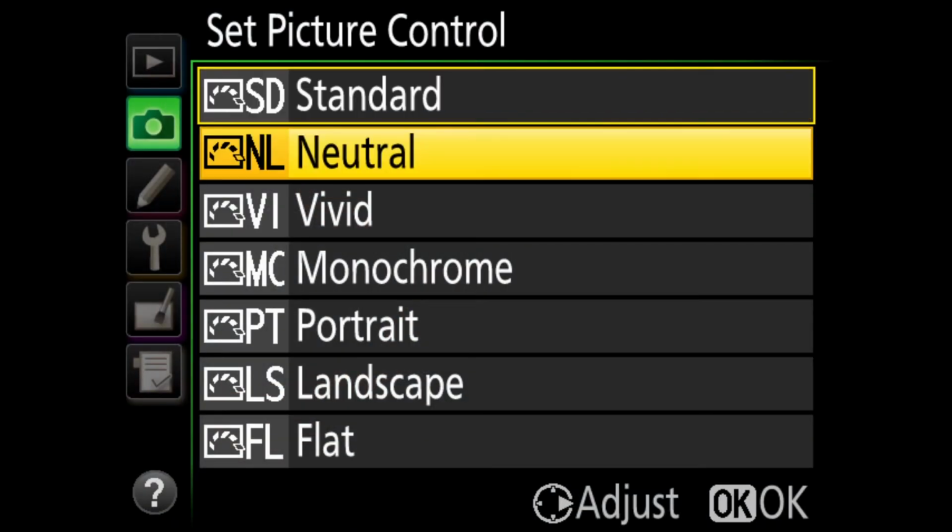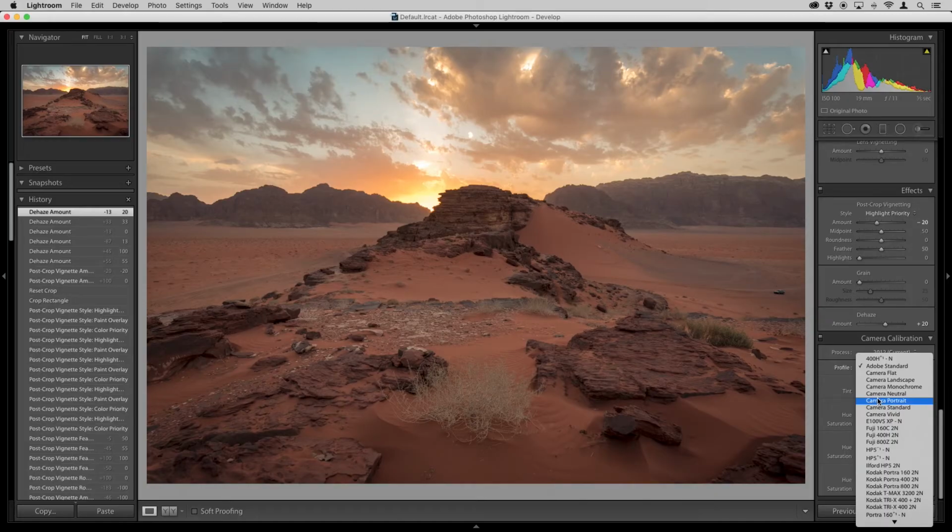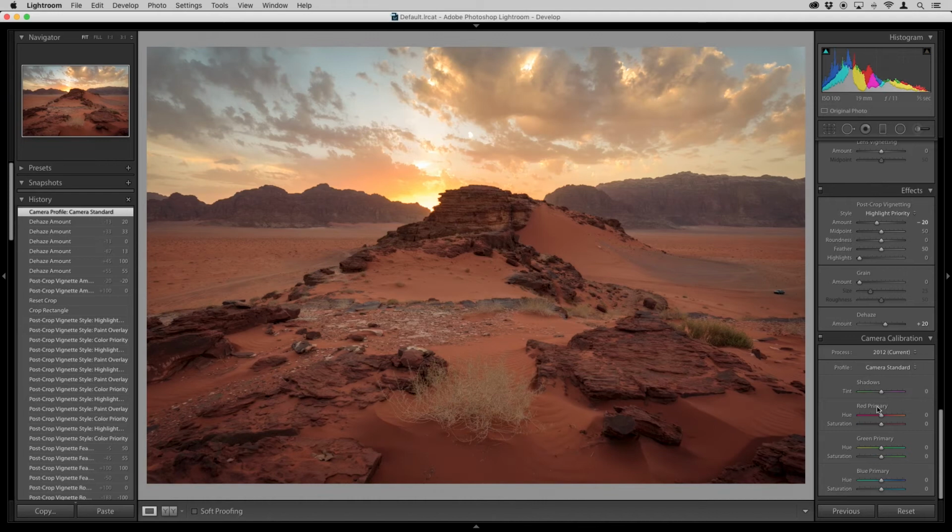And these are going to pretty much match, or at least be fairly close enough to what you would pick inside the camera. So if you go through the camera settings, as you can see in this menu right here, you've got flat and all these different camera profiles you can apply. So say you shoot in standard mode, which is typically what I choose when I shoot with my Nikons. Clicking on camera standard, this is a drastic change from what it was before to now. So it's trying to replicate that look.